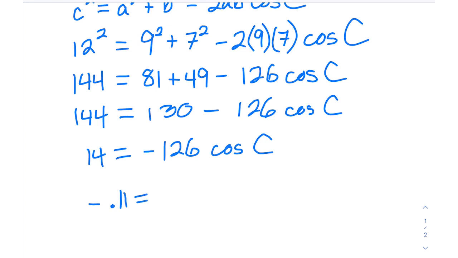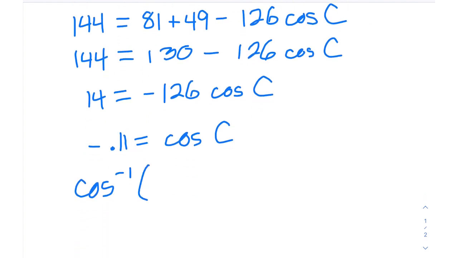So negative 0.11 repeating would be cosine C. And to solve, you're going to take the inverse trig function there, your inverse cosine of negative 0.11, would be 96.379 and change, so we'll call it 96.4